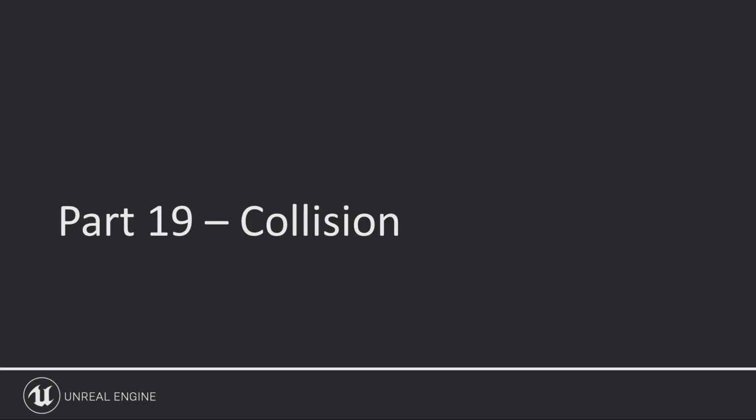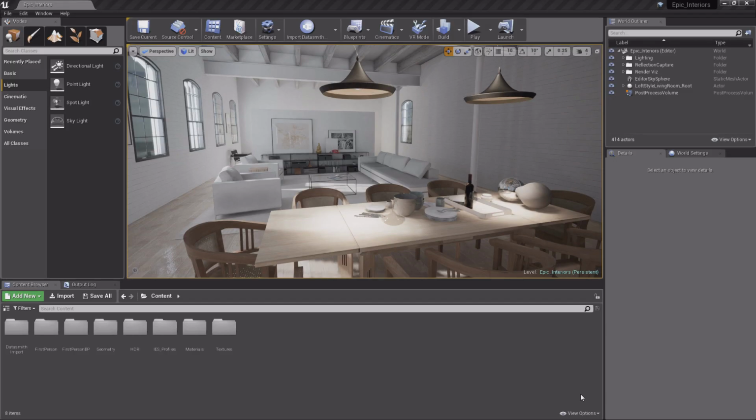In the real world, everything is solid or corporeal. You can't simply walk through a wall, but in the digital world, you can walk right through a wall or a couch or anything. But in order for us to have a scene where the viewer can walk around without fear of falling through the floor or going through the walls and seeing the man behind the curtain, we need